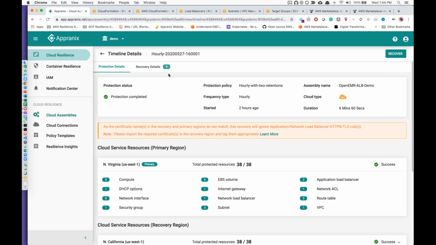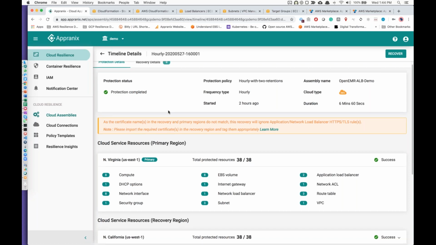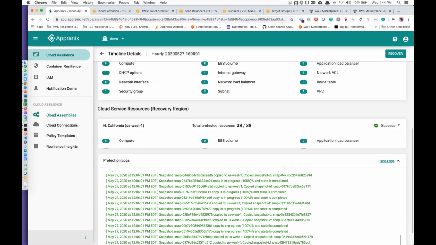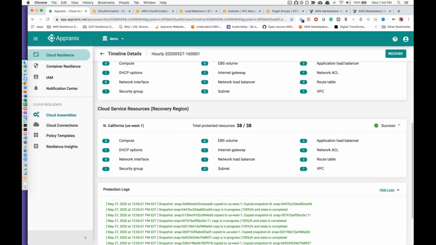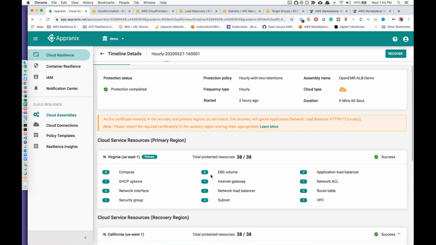Only what is required for that particular assembly. A cloud assembly is an assembly of cloud services. That's simple. Now we make sure that all those cloud environment components, resources, data infrastructure, all of them are properly copied over to the recovery region. And you have a copy in the primary region as well.